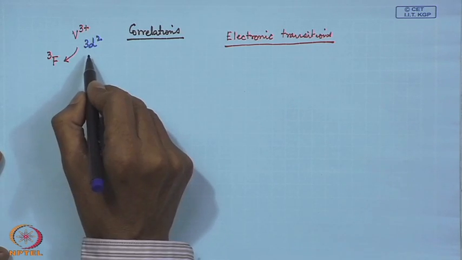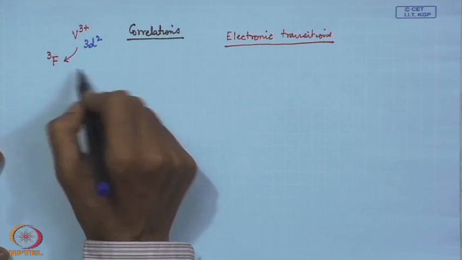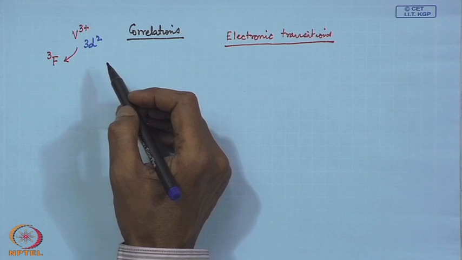So, if we have two electrons in two different d orbitals, they will interact,